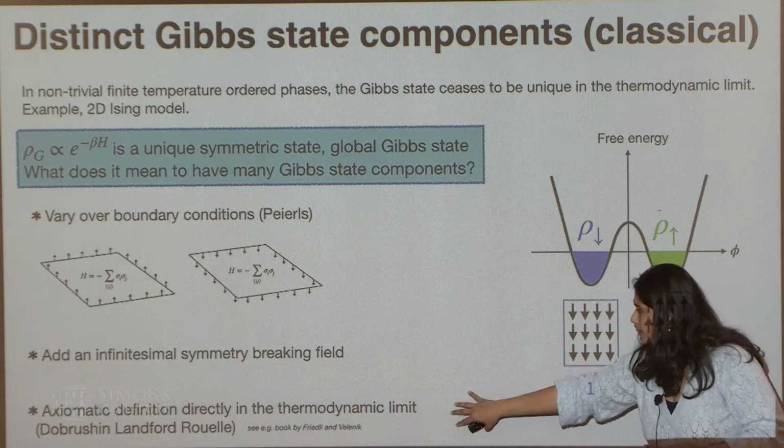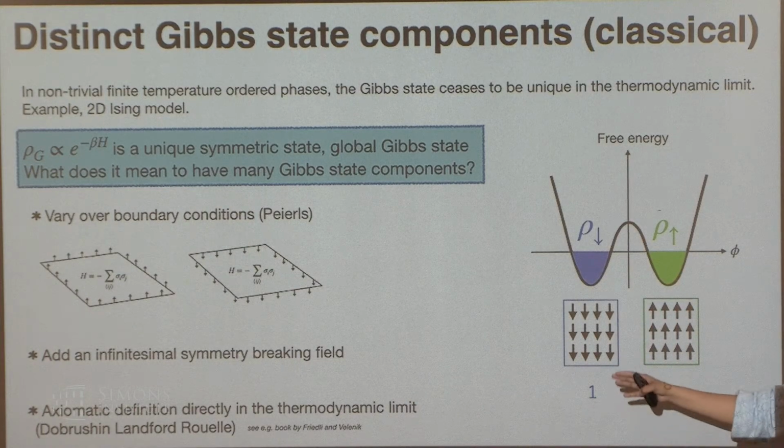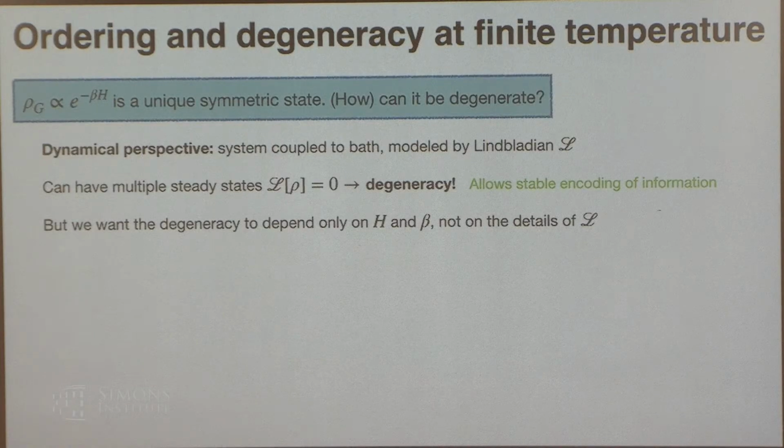Okay, so these are kind of the poor man's versions of what physicists do. There's also some mathematical formalism which directly works in the thermodynamic limit for defining these different Gibbs states. But in this talk, I want to take a dynamical perspective on how to define these different Gibbs states. This type of perspective has been quite useful in thinking about spin glasses, for instance. And this perspective will couple dynamics and thermodynamics in a way that makes it very natural when we're thinking about memories.